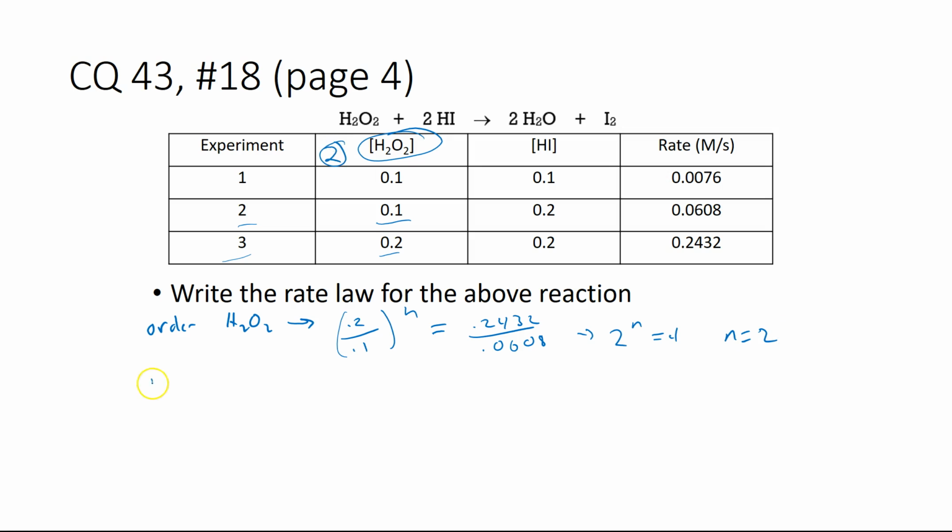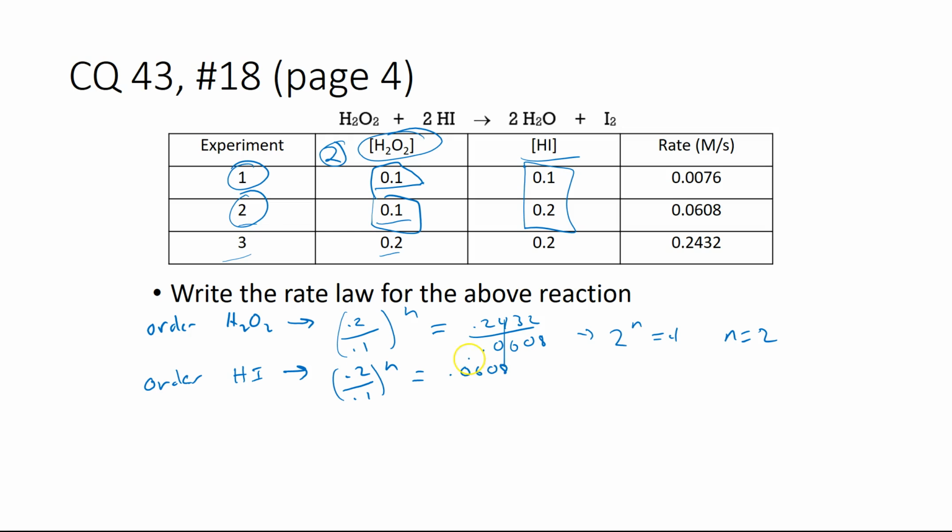All right, now my order with respect to hydrogen iodide or hydroiodic acid, okay, will be found by picking two experiments where HI is the only thing that changes. So in that case, I can pick experiments 1 and 2 because my H2O2, you notice, stays the same, whereas there is a change in my HI. Okay, so again, I'm going to take my high over low, 0.2 over 0.1 to the n power. It's going to be equal to